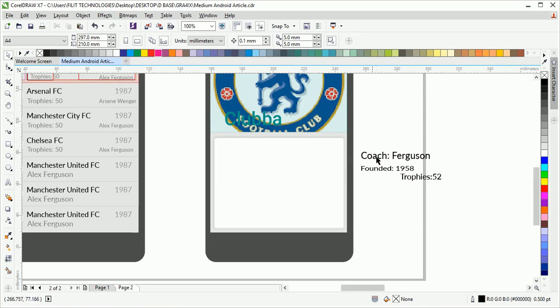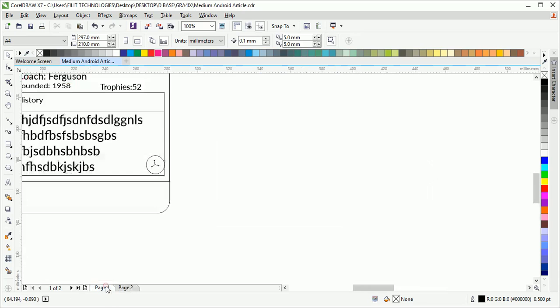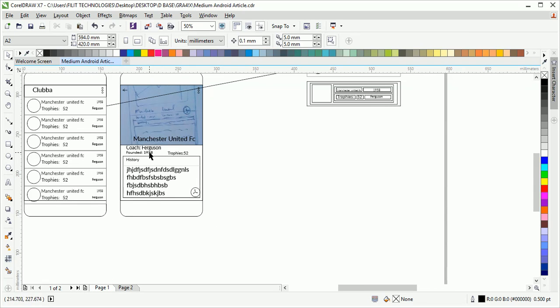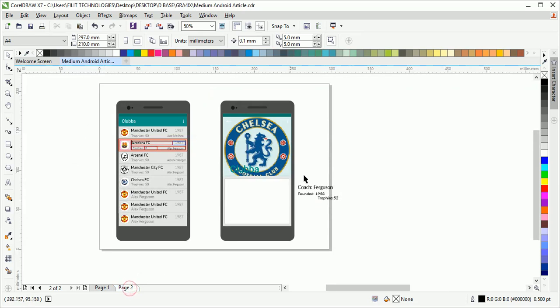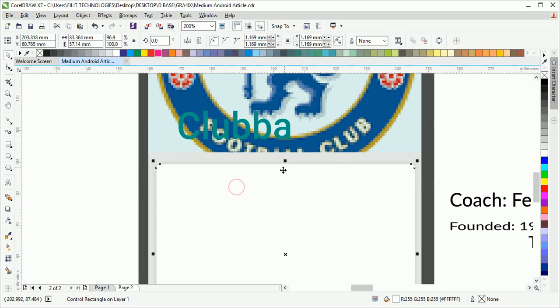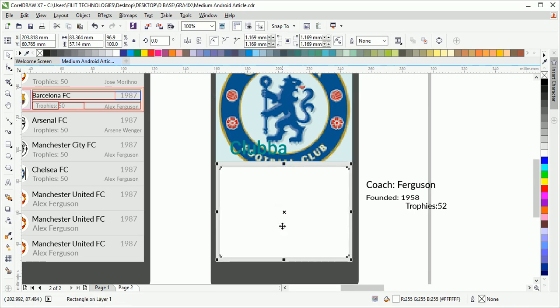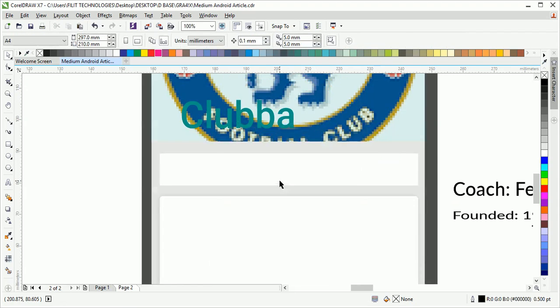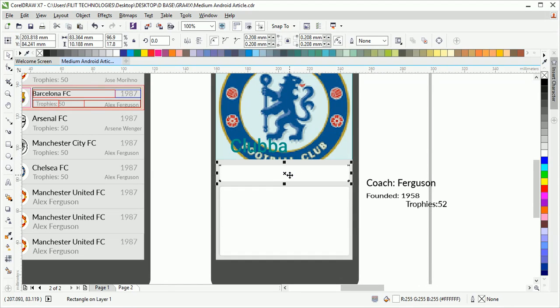So here, from the design last time, we have something looking this way: coach, then founded, and trophies. So I'm going to make this double. It's going to be double. One will be up somewhere here. This is going to represent our